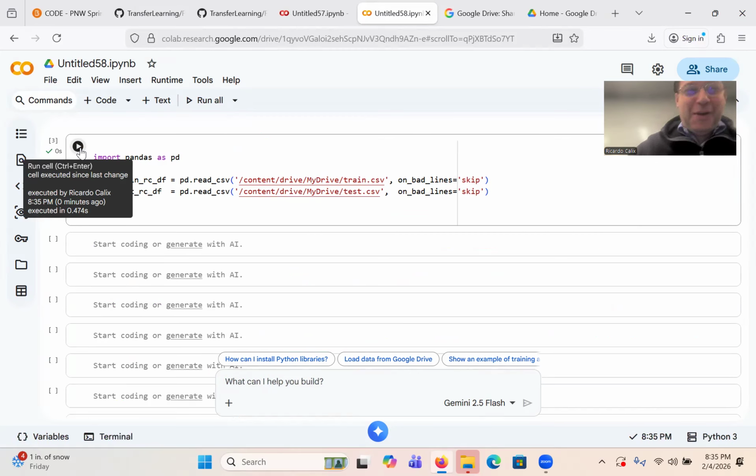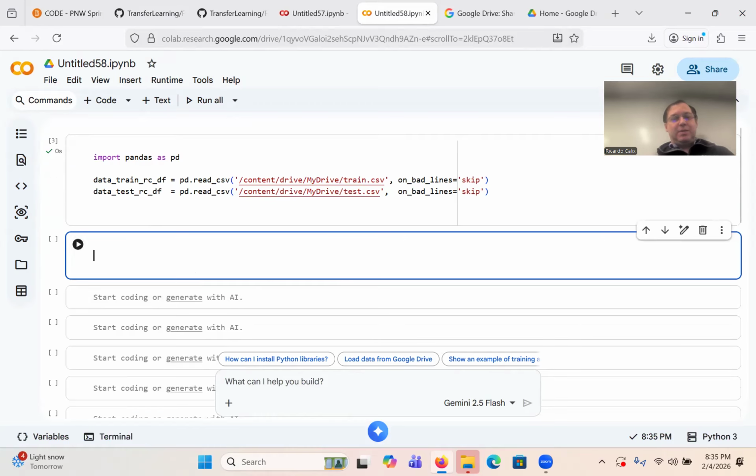I hate this thing. Anyway, so it worked now. Okay. All right, so maybe it was just taking a while. But yeah, I swear I loaded these yesterday.